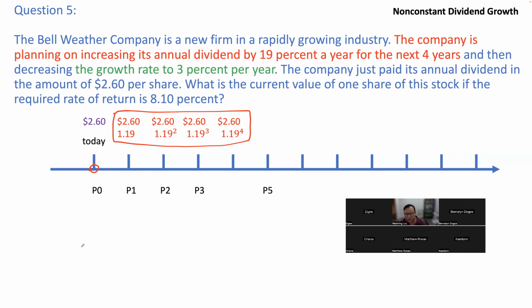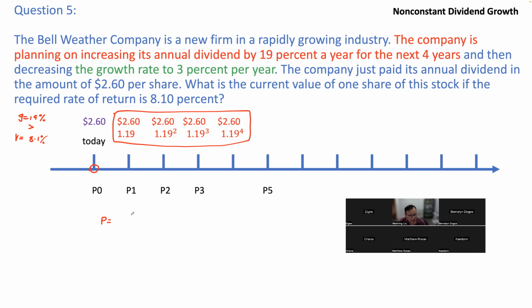Well, the formula for this is, and it's interesting here, this growth rate G is 19%, and it's actually more than the return, which is 8.1%. So the formula for this type of calculation is this. Your present value equals